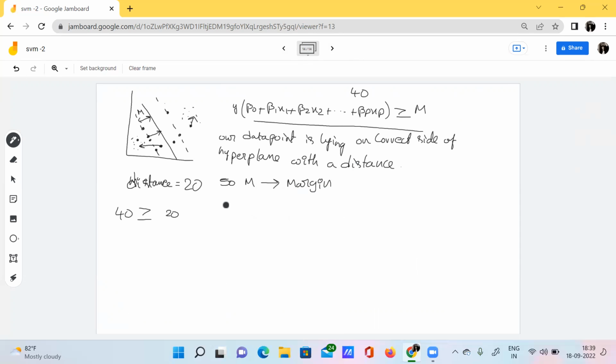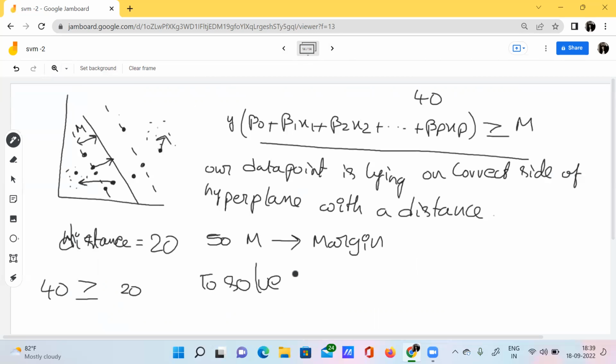M is nothing but the margin, and also to solve the above optimization problem, we need these parameters, right?